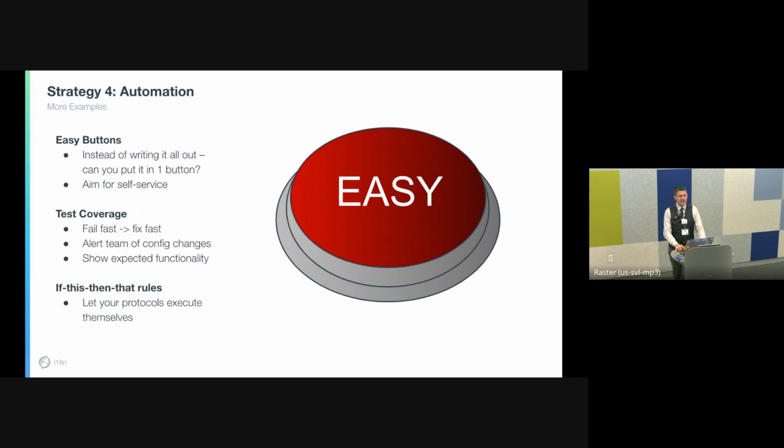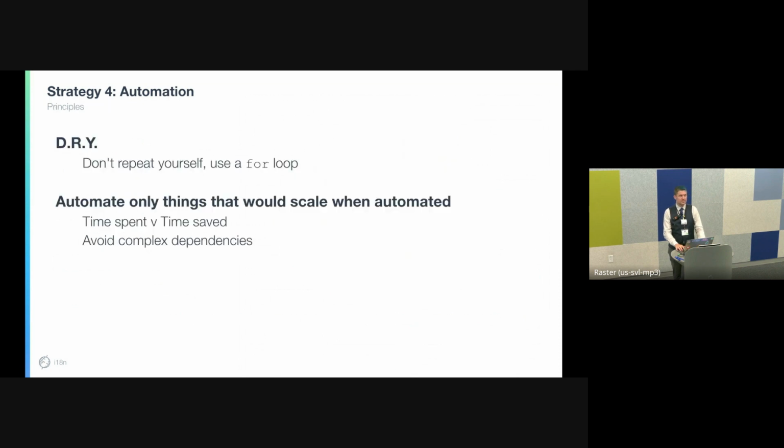Then lastly, using if-this-then-that rules. We have a system called Butterfly. There are other systems at play where maybe an engineer doesn't need to actually implement the automation themselves. Maybe it's something that a cross-functional partner can do. So as a principle here, don't repeat yourself, which is kind of funny because I'm also like, write all the documentation.